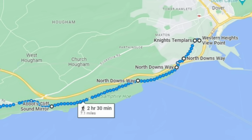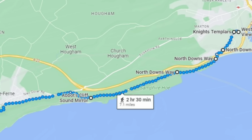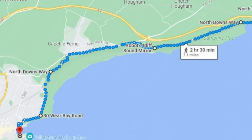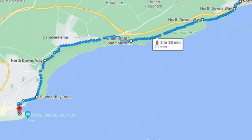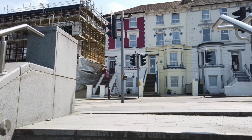And I'll be walking past some old military buildings which are dotted along the coastal path and served as part of our island defences. I'll be walking past the Abbot's Cliff Sound Mirror and then into Capel-le-Ferne, where I plan to look at the Battle of Britain Memorial. And from there I'll follow the path down past some more military outposts before arriving